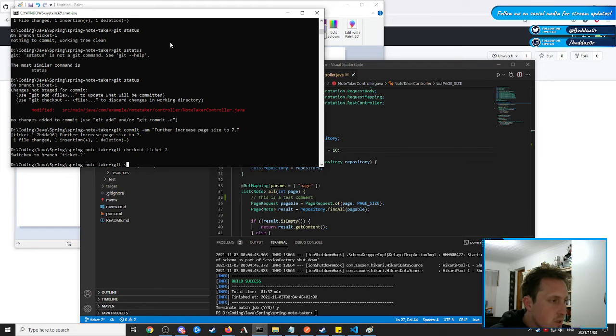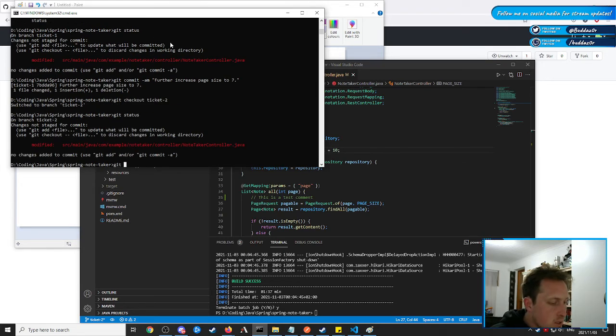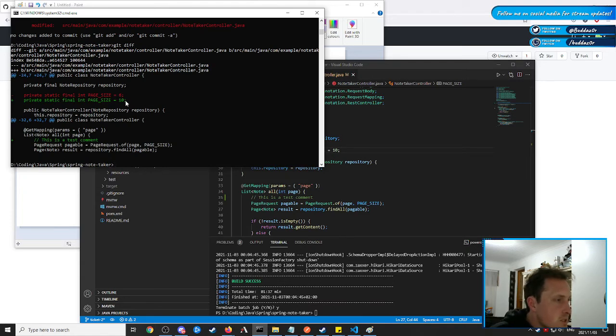So what do we do now? What do we see? So diff shows us 2 changes, 6 to 10, and test comment. So we're now on ticket 2 branch. We know that on ticket 1 branch there's an update here. But in a team of remote people or even local people, you're not always aware who's working on what. So Dev Carly doesn't know that Dev James is messing with the page size. And let's say there was a miscommunication. They both thought that they would do that ticket, and for some reason they both updated it to a different size. But in addition to updating the size, Dev Carly also added a comment or changed one of the functions further down. So let's do